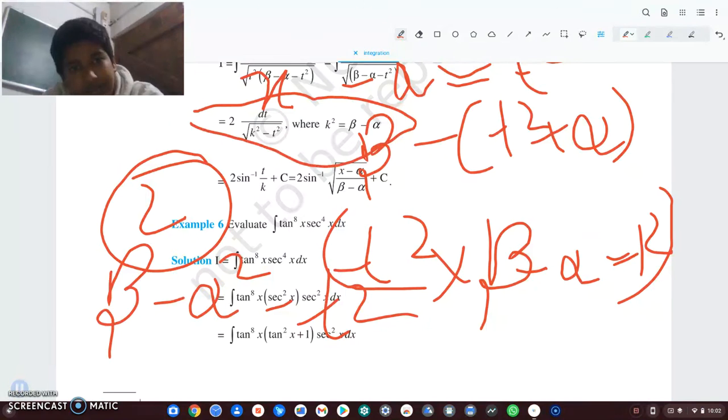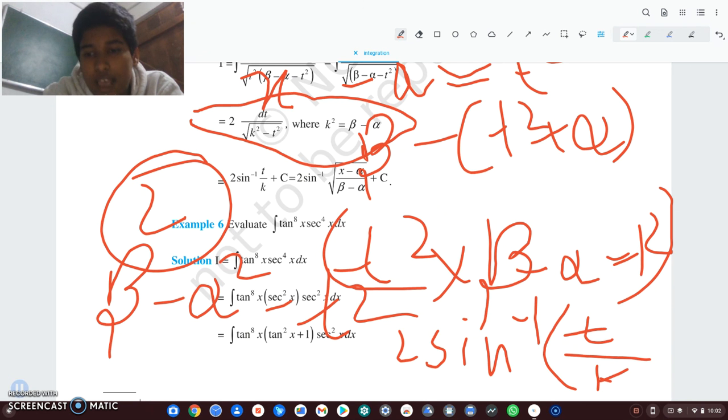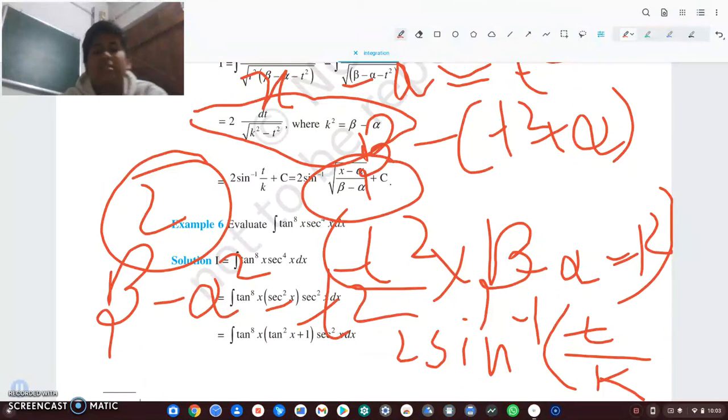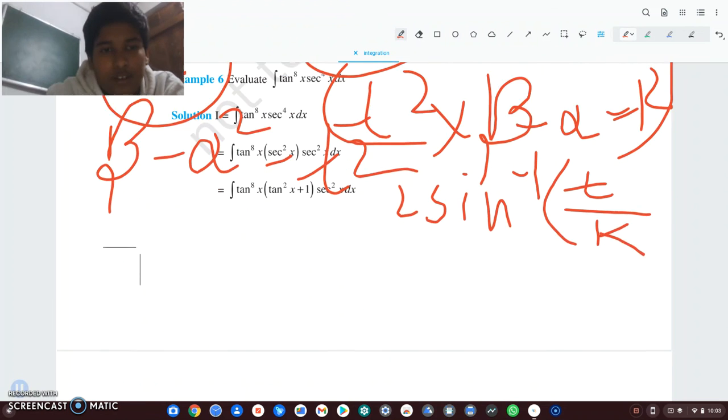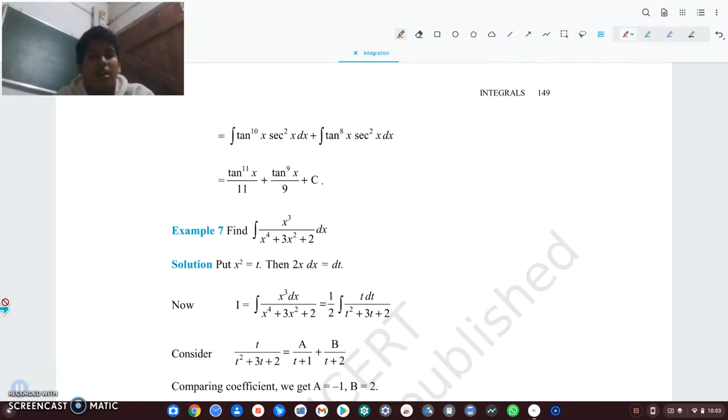Now it is simple, and there is a formula for this also: a square minus x square gives sine inverse. The 2 is a constant before, so I am not writing it. Sine inverse x upon a. Now what is our x? Our x is t, so t upon a. And what is our a? Our a is k. Now we convert t in terms of x and alpha and remove all the constants. So we are done till here. Moving further, we should know. Okay, this is a new